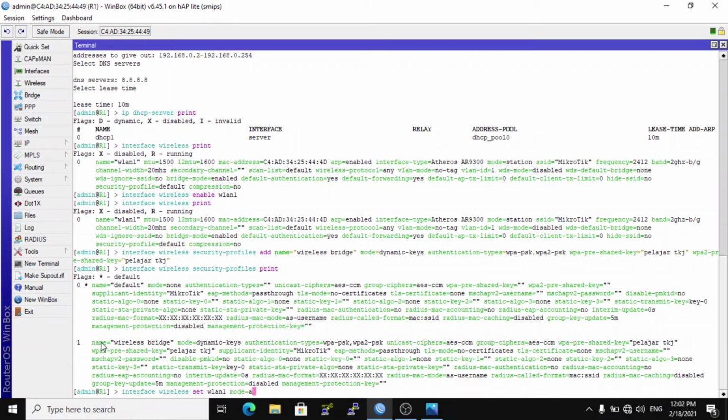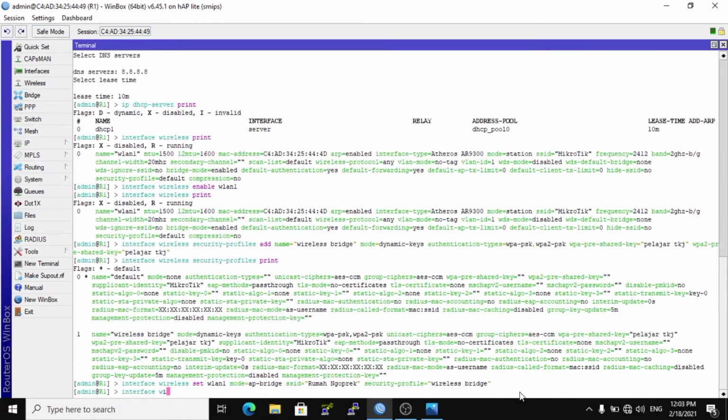I am using mode AP bridge and SSID Dumang Oprek, and the security profile I created, named wireless bridge, and click enter.